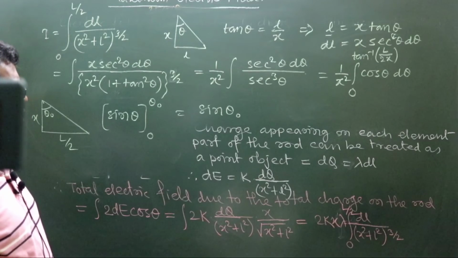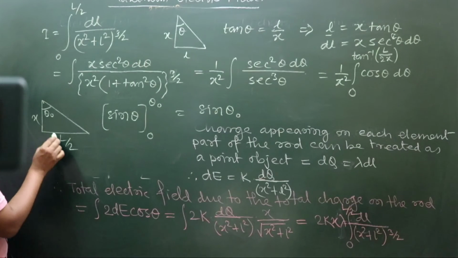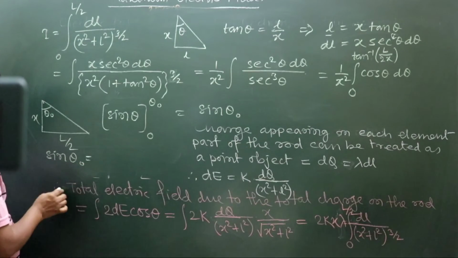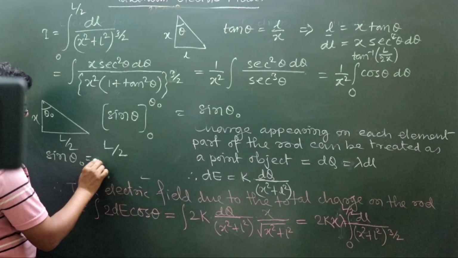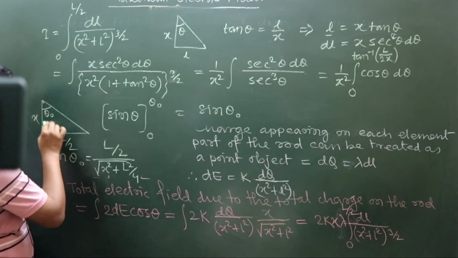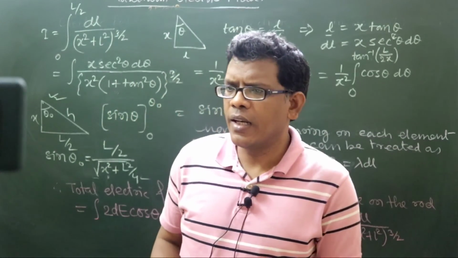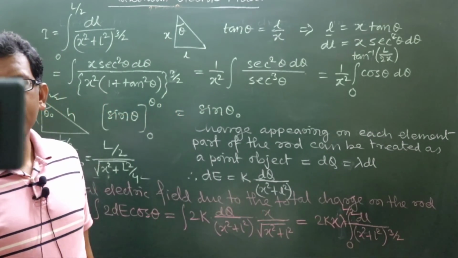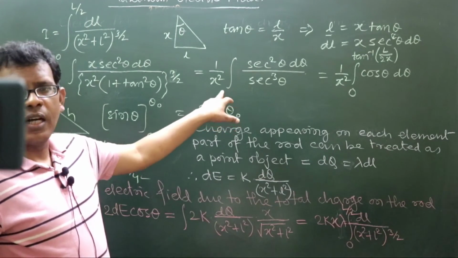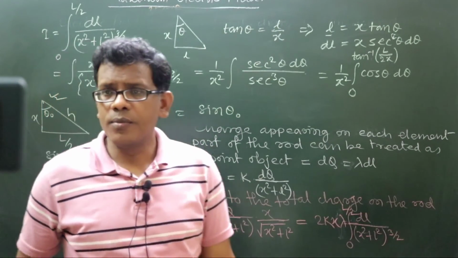Now the question arises, you can directly write it in that way also. If tan theta naught is according to this format, what should sin theta naught be? Directly you can write sin theta naught as L by 2 divided by under root of x square plus L square by 4, because this is the hypotenuse side. The sine of an acute angle can be written as perpendicular to hypotenuse. So for the upper limit value, you can directly substitute this value as the result. Got it now?